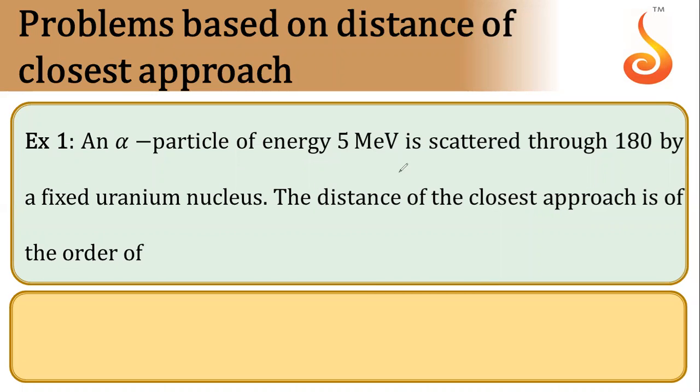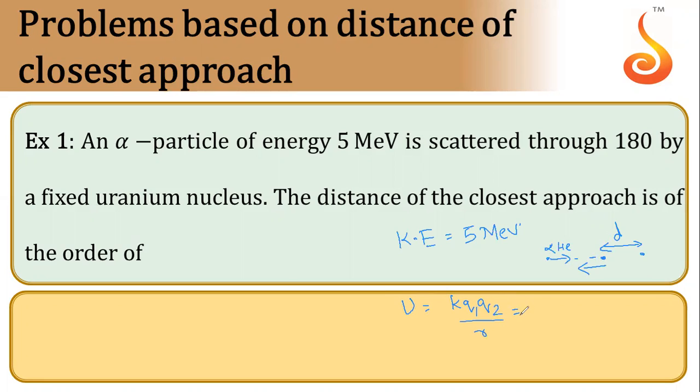So initially, whatever the energy would be, that will be your kinetic energy. So we have the value of kinetic energy as 5 mega electron volt. So this is our nuclei. When the alpha particle is coming towards it, at the distance of closest approach, it will get rebounded. So at the distance of closest approach, its velocity is 0. So all the kinetic energy gets converted into electrostatic potential energy. So that potential energy will be K Q1 Q2 by R.